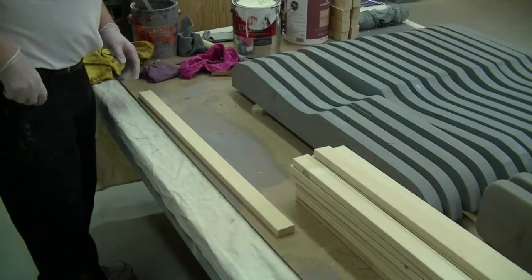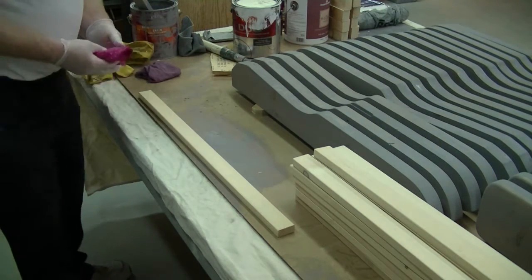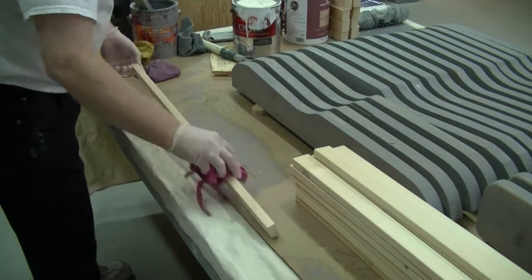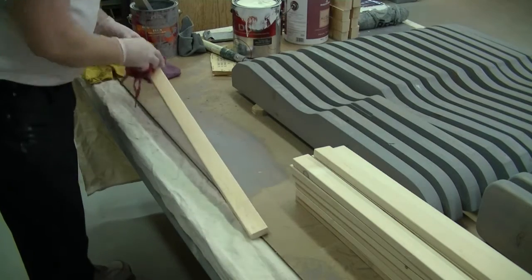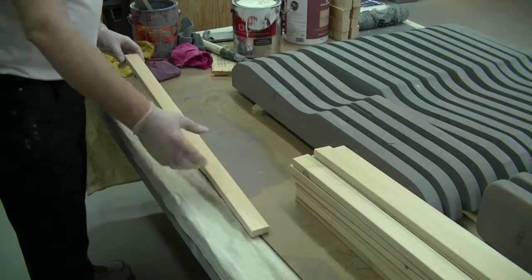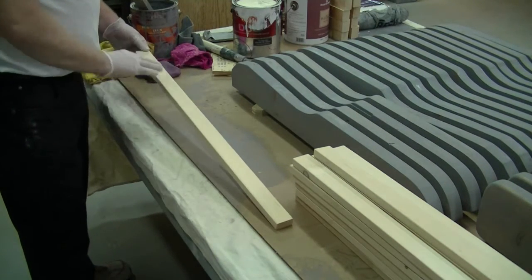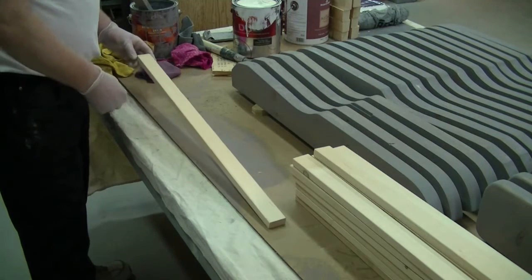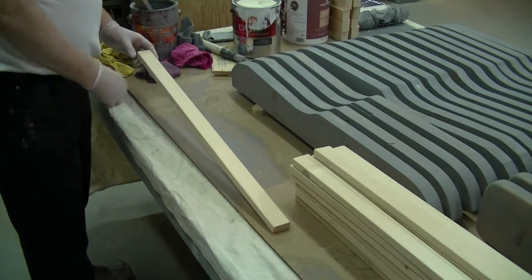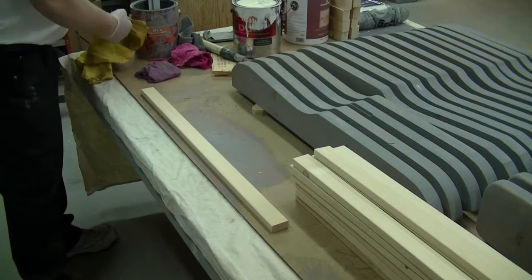So we brought our pieces over to the workbench where we're going to be staining. So we just want to first of all give each piece a wipe, get any loose dust that may be on there. We don't have to be overly fussy because the first coat of stain is going to raise the grain, going to make it rough, and we'll have to sand it very, very lightly after that first coat. And if you've seen any of my other videos, you'll realize you have to do that. So just get the worst of the dust off, and then we just take a rag